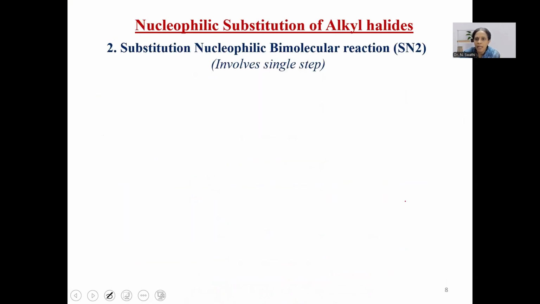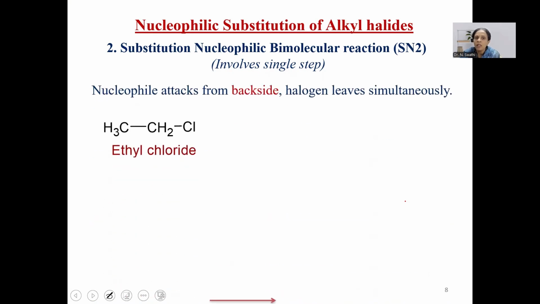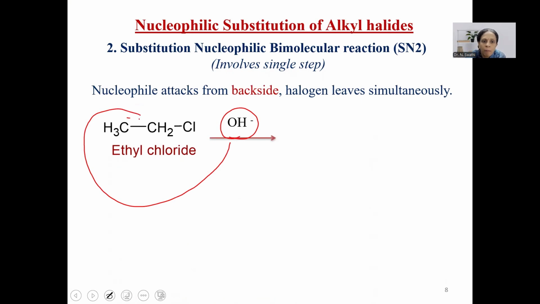Now, coming to the other mechanism, which is known as SN2, that is substitution nucleophilic bimolecular reaction. So, this SN2 reaction involves a single step. So, here both attack of the nucleophile and leaving of the halide ion take place simultaneously. So here the nucleophile hydroxide ion will be attacking the alkyl halide from the backside, that is 180 degrees away from the halogen. So here the halogen, that is chloride, is considered to be present on the front side of the ethyl chloride,